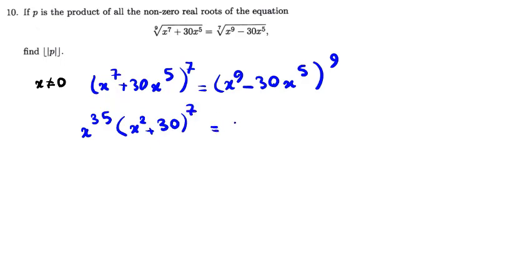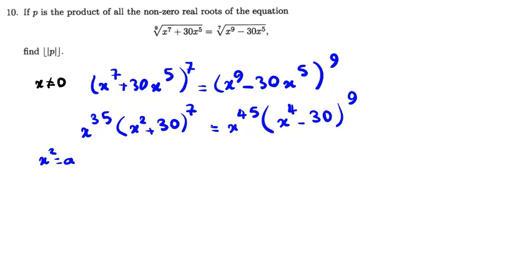And here, x^45, we can take it outside, and it will be (x^4 minus 30) to the power of 9. Okay, so if we consider x squared as a, and cancel x from both sides,